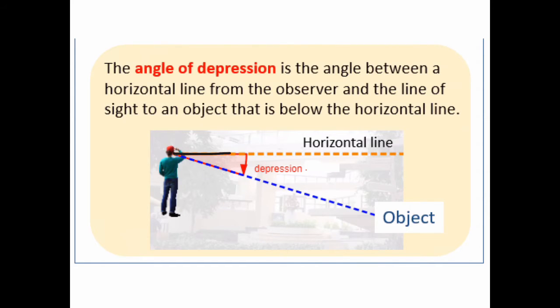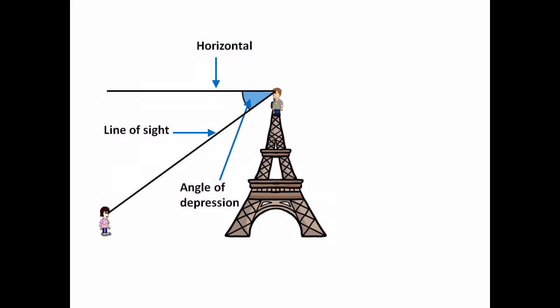So once again, you have to start from a horizontal line, and then they're going to be looking down at something. So their line of sight is going to go down, and the angle of depression is between the horizontal line and their line of sight. So now here's that same example again, but this time from the gentleman standing on top of the Eiffel Tower. Here's the line from his eyes, and then here's his line of sight down here, and this is the angle of depression. It is important to remember that angles of depression and angles of elevation always go from a horizontal